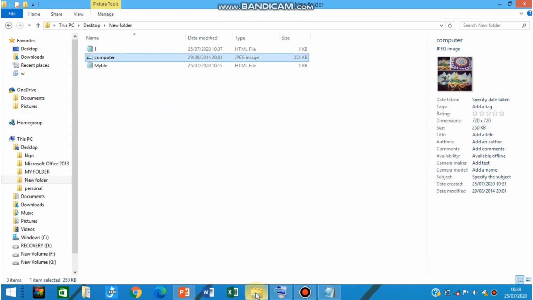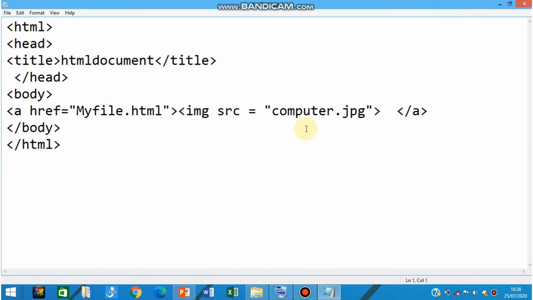What is the name of that image? Computer, fine. The name of that image is computer.jpg. Okay, computer is the name of that image, and then you have to add the extension .jpg, which is the extension of an image file, fine.